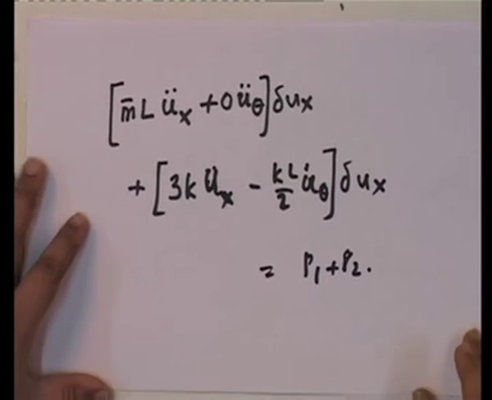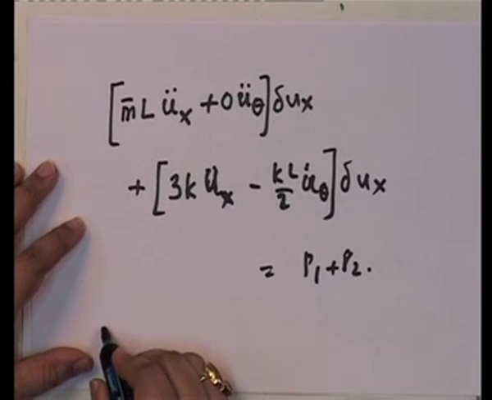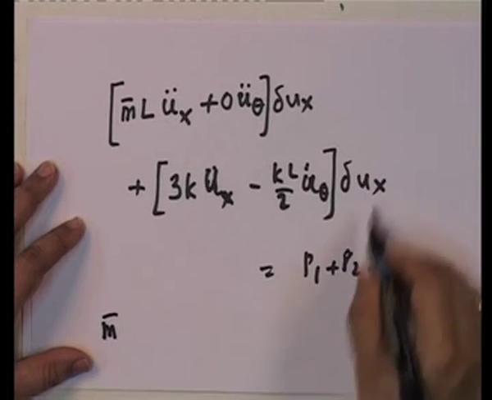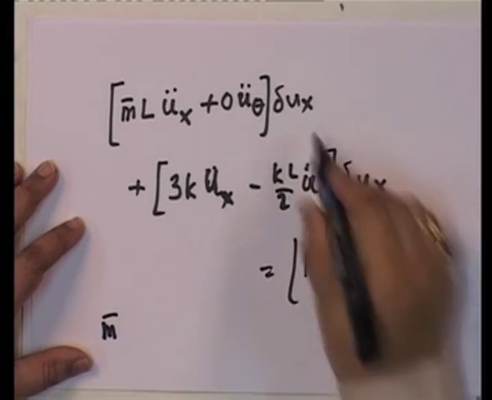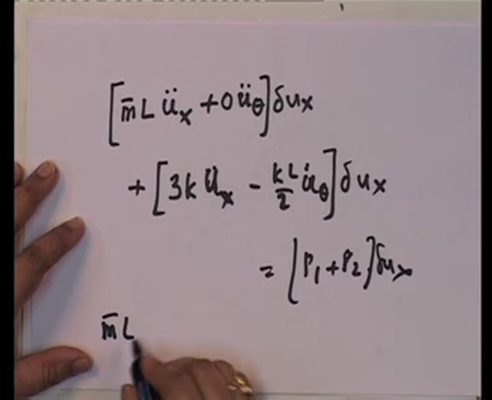So, in other words, finally, the equation becomes m bar into u double dot ux, del ux is there everywhere. So, finally, we get